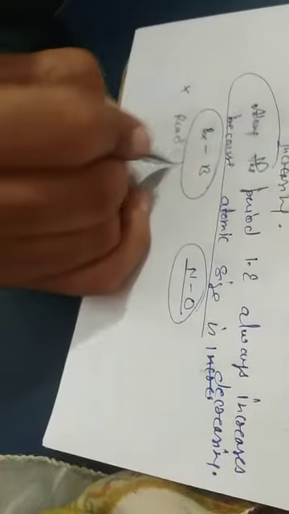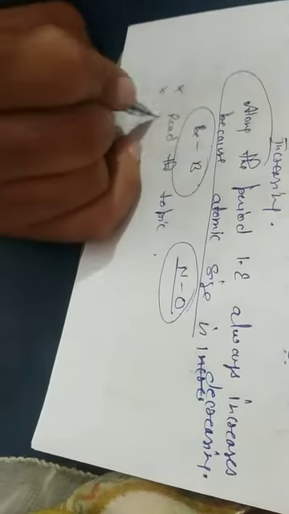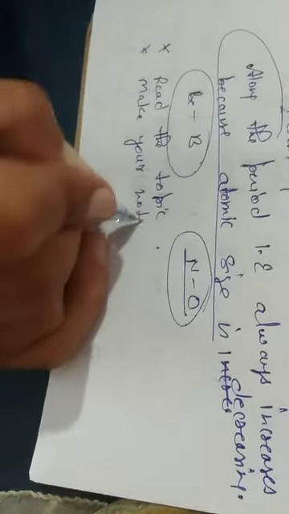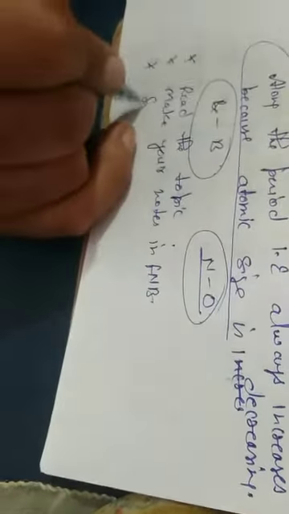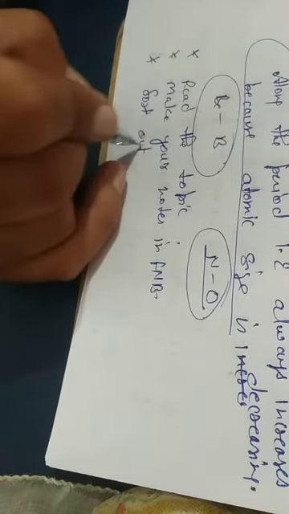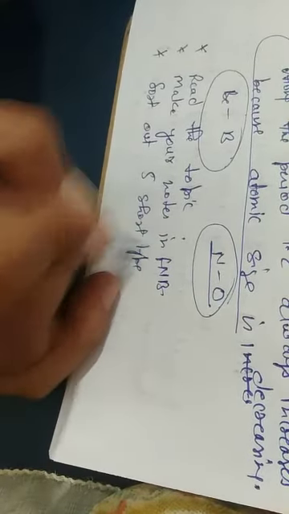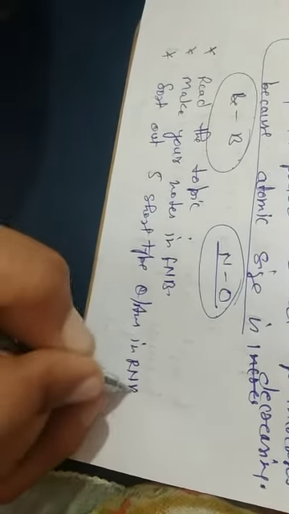So today we have discussed two physical properties. First, read the topic we did. Second, make your notes in the fair notebook. Then sort out 5 short type questions and answer them in the rough notebook.